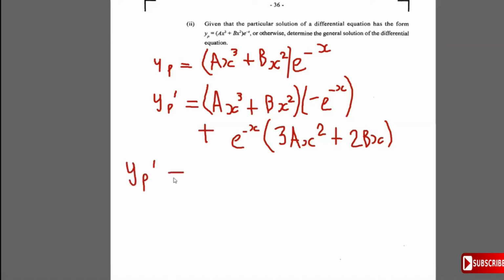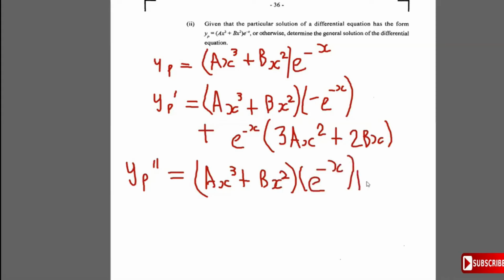So yp prime is simplified to be equal to, I don't even need to simplify that. I'm just going to find yp double prime. To find yp double prime now, we're going to differentiate yp prime. And so we keep the first, so we're going to get ax cubed plus bx squared. Then we differentiate the second. We differentiate minus e to the minus x. We're going to get minus and minus give us plus. So we get e to the minus x